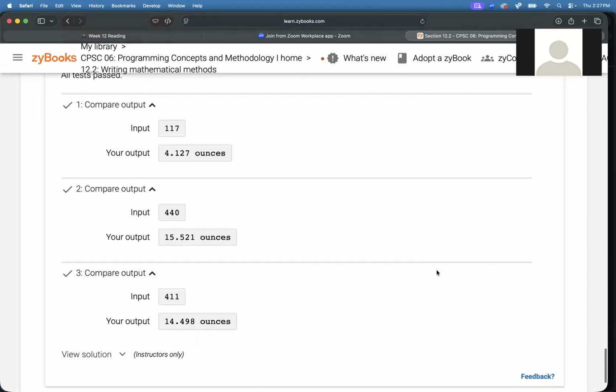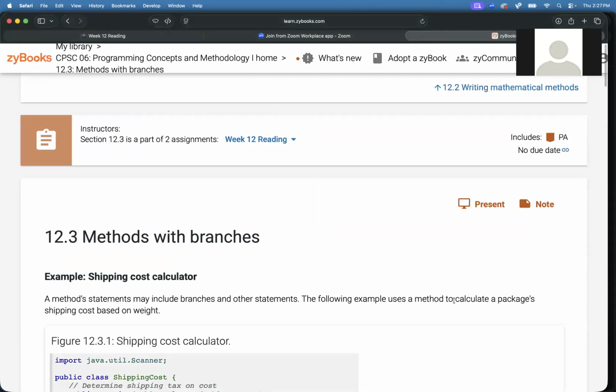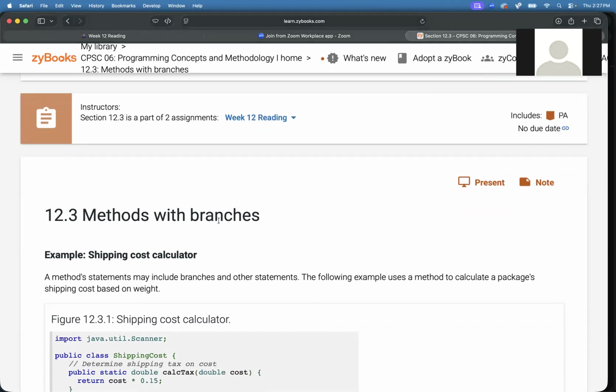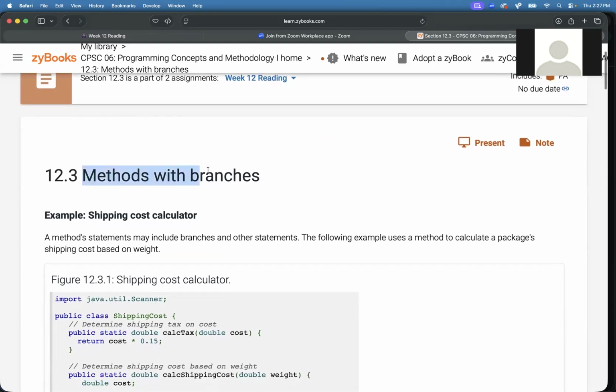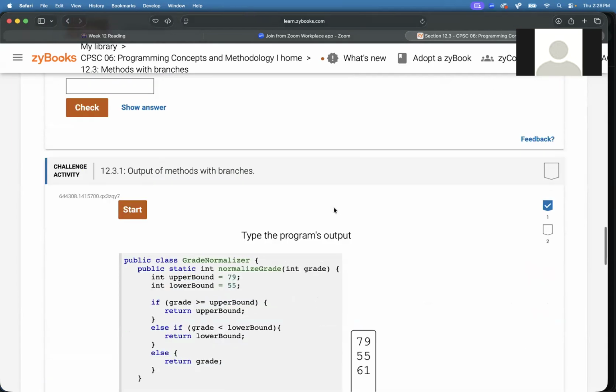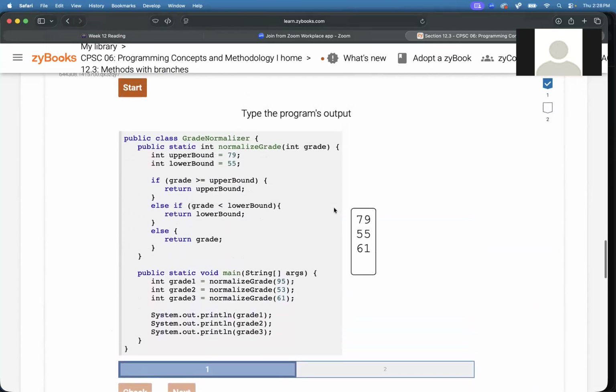Okay, so that was like a 12.2. The later sections in here are not really introducing any new concepts. So they are very simply just making you write more methods. So this is just practice. So like this is methods with branches. Branches are if statements. So we're just going to be putting if statements in our methods. There's no big deal. Okay, so I'm going to skip kind of the explanation here